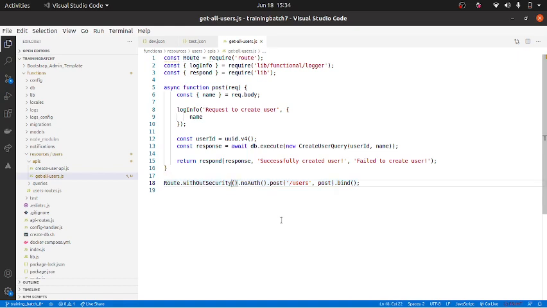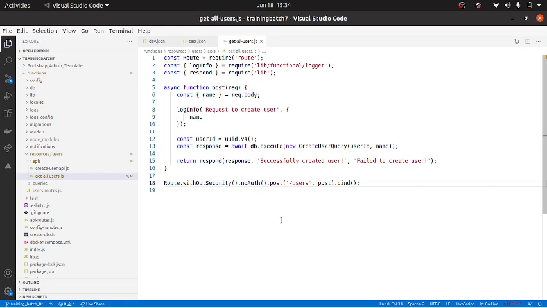Apart from that, I can also tell whether this URL needs to be accessed with security or without security, with auth or without auth. With auth, this will basically give authorization. For example, /users can be accessed only by admins. If you are not an admin, it will not allow you to access. We will get to the authorization part a little later. I just wanted to tell you the advantage of using routes. Right now we will go with no auth.